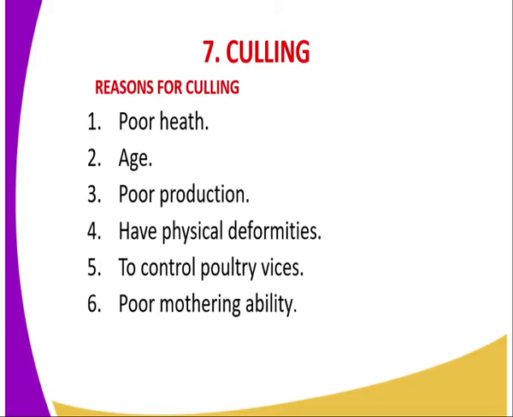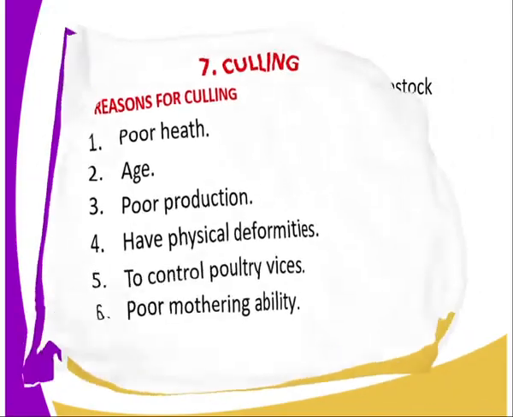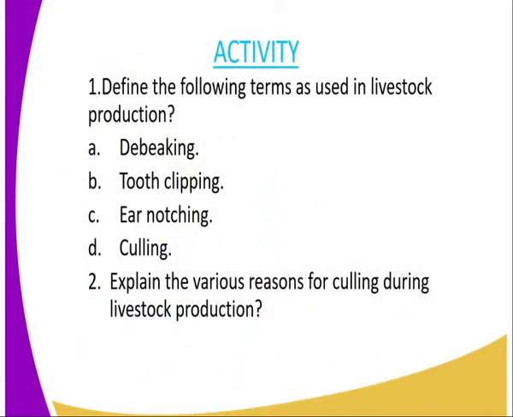Then we have poor mothering ability. You might find that there is, for example, a hen which, upon hatching, does not take good care of the chicks, and therefore it should be culled because it does not have a good mothering ability. Then we have come to the end of today's lesson,